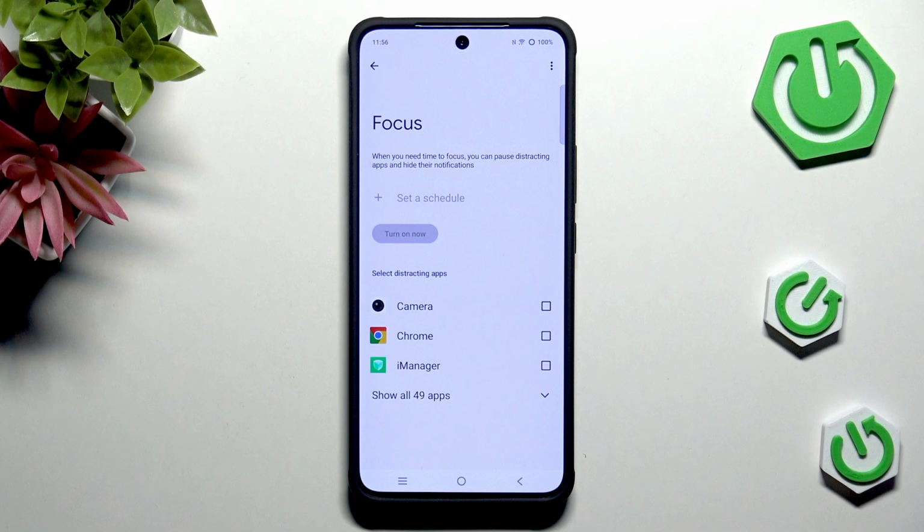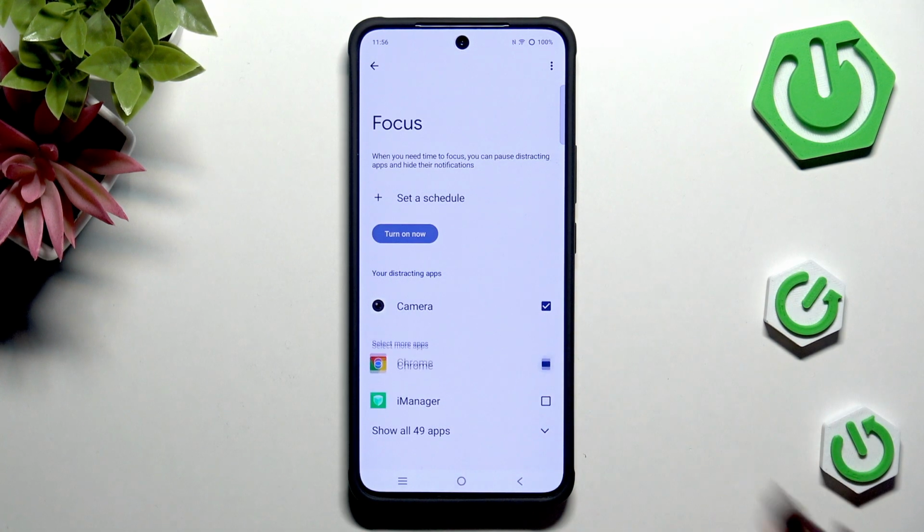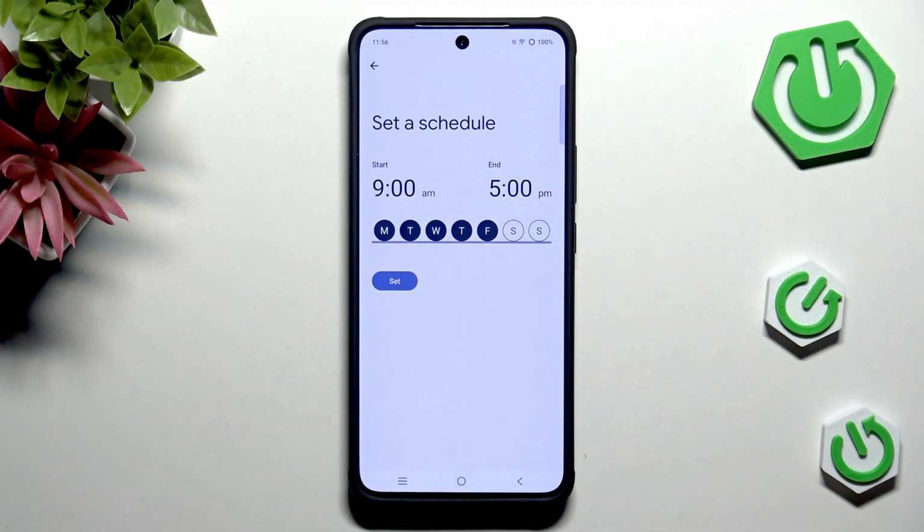And we've got also something called focus mode. So here we can choose some distracting apps. Let me pick maybe those. Usually it probably will be social media or something like that. So just select the apps, then go to the set schedule,